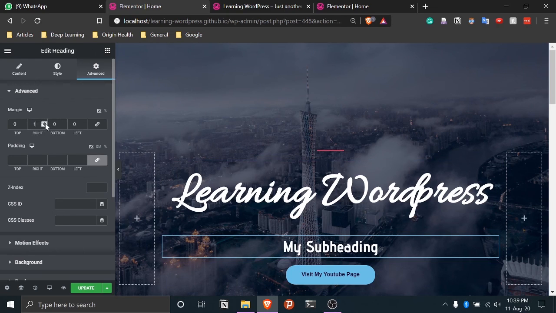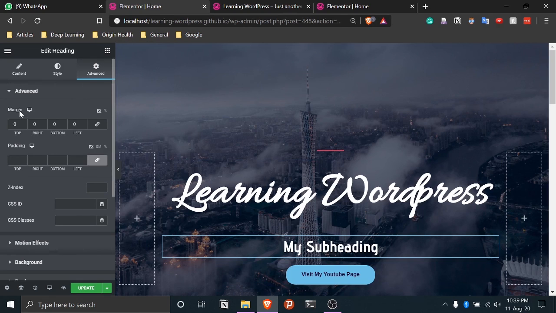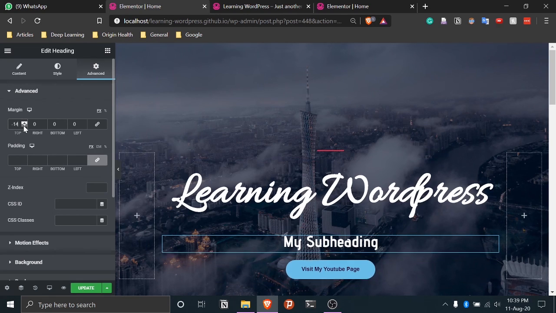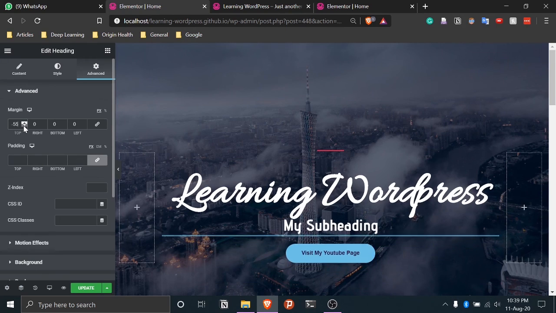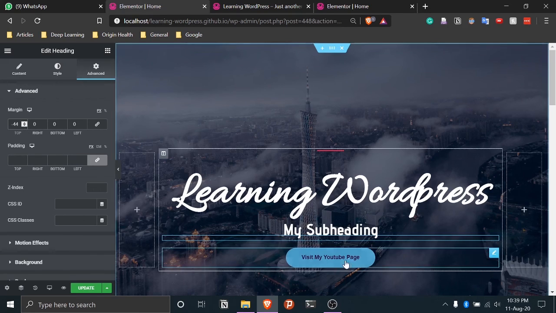So let's say if I increase this right padding then you can see this whole thing is shifting towards the left. Okay, so here we want this to be closer to the heading. We want the subheading to be closer to the heading. So we select the subheading and we reduce the top margin below minus. Okay, so to whatever we want. So let's say this looks cool, I think.